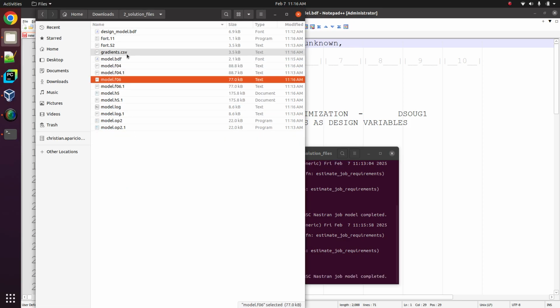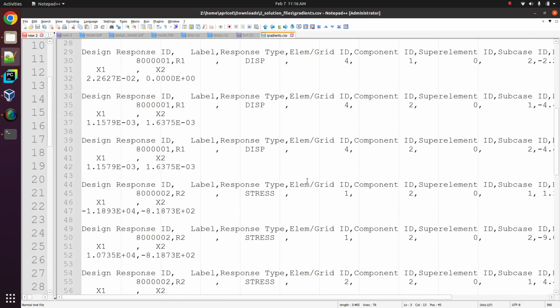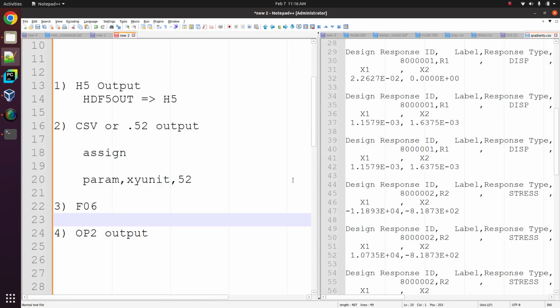And if you look here, we'll get a new CSV file, gradients. Now, this is the same text as before, but guess what? You have a hard time trying to read all this data. So that would be the second approach. Now, the third approach